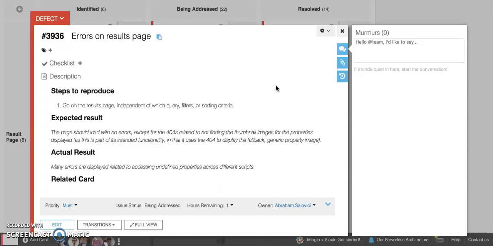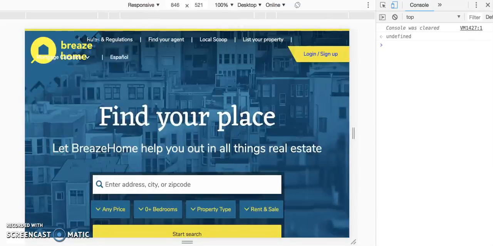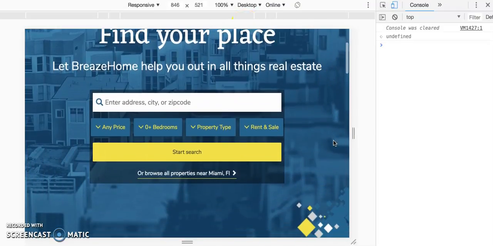It's part of how the system was built. So it's the most effective approach to have a fallback approach. So the 404s that we see are actually intended functionality, but any other errors that we see are not at all intended. So if we take a look at the BreazeHome production server right now, we see that if we go on the results page,